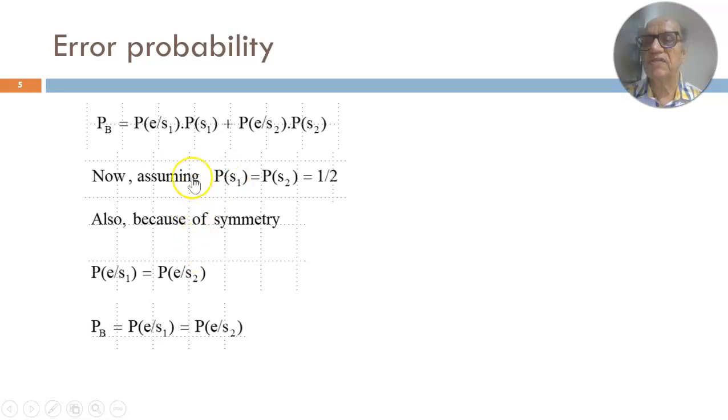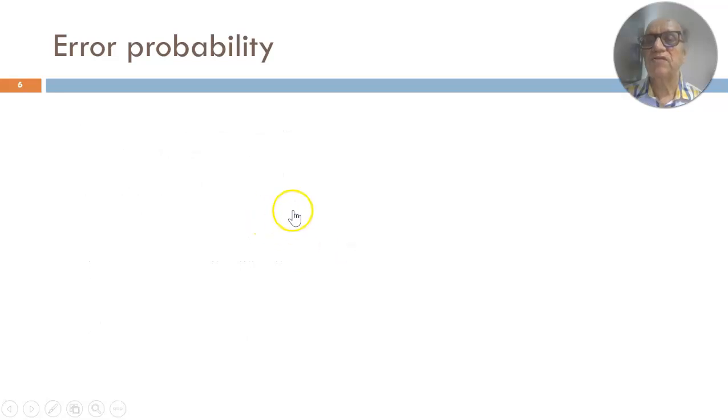If you substitute these two conditions, it's easy to see that the bit error probability can be calculated either as the conditional probability that error occurs given that S1 is transmitted, or the probability of error given that S2 is transmitted. So let us do this